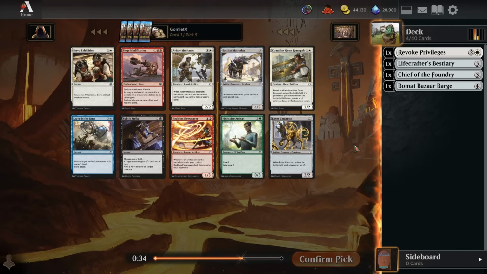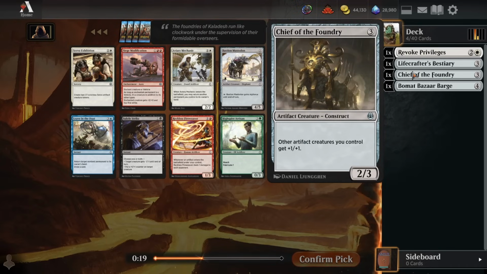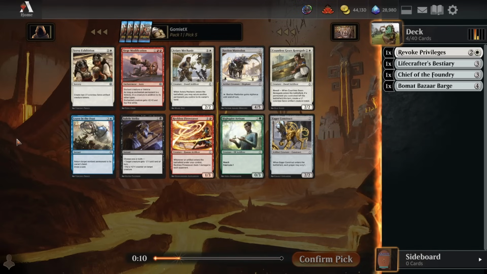Blue-green is going to want a lot of energy providers, and white-green is going to want a lot of token production. A lot of go-wide stuff so that you have your Dawn Feather Eagles and stuff like that at the top of the curve that buff your whole board. So maybe green-white actually plays a little bit better with Chief of the Foundry here, because we'll have more servo production for the most part, because we can grab cards like Servo Exhibition, we can grab Pima Outriders and stuff like that. Yeah, I think we take Servo Exhibition here, go for green-white, kind of go wide, although that